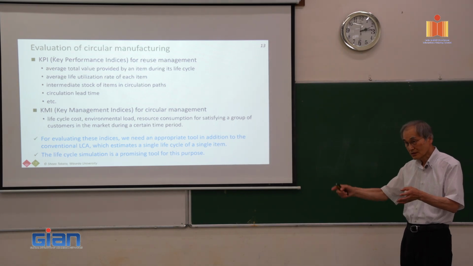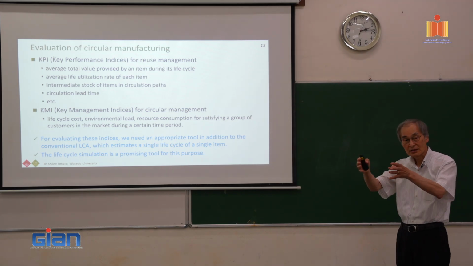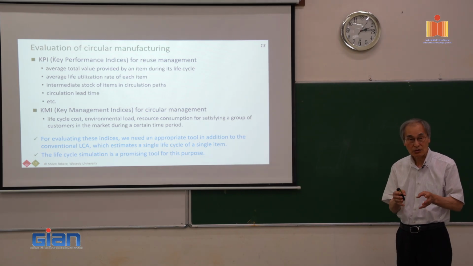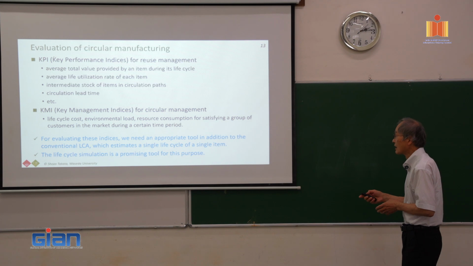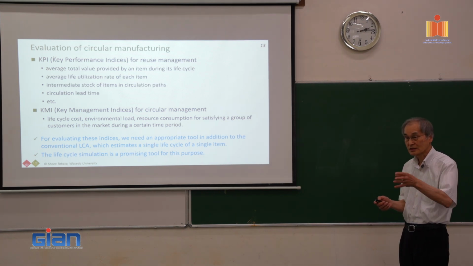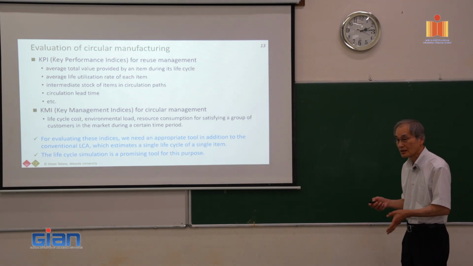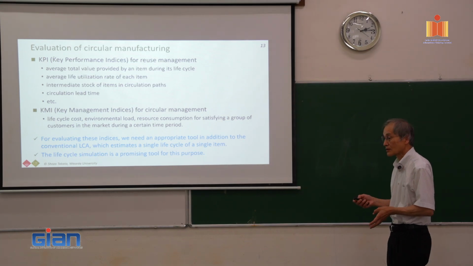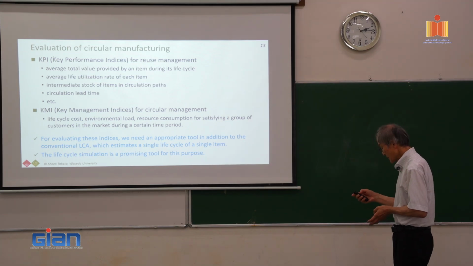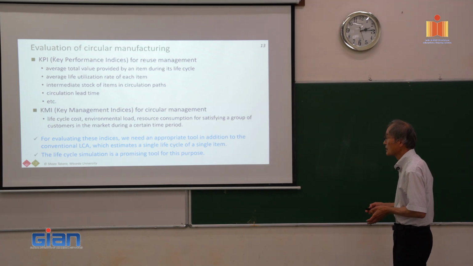So in the circulation path, there should be some kind of storage, and how many items are in that storage is one of the indicators for the efficiency of the circular manufacturing. And also the circulation lead time is an important